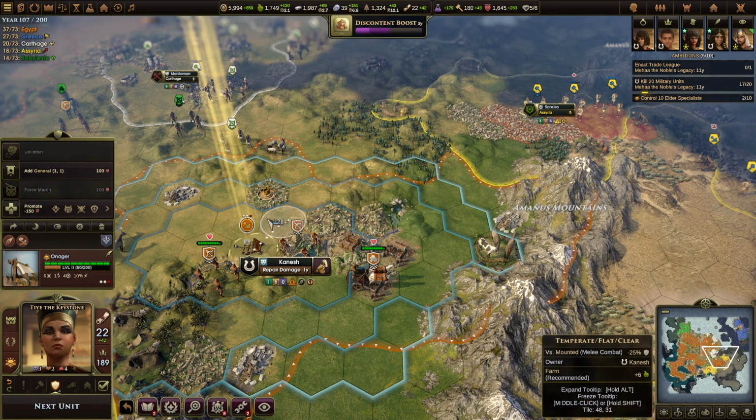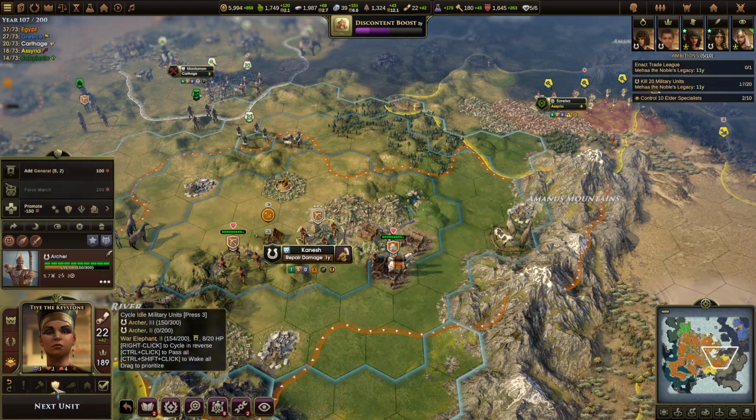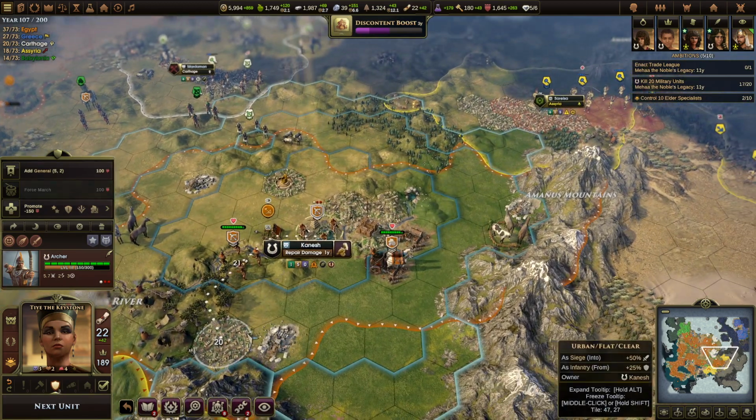Onager, probably... I will just leave you here. I don't want to provoke Assyria. They're busy and they can stay busy there. I got what I wanted. And we...